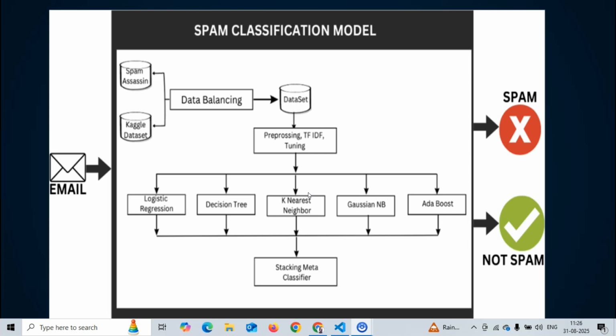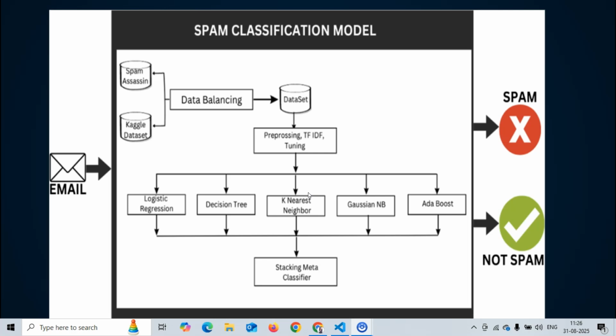Before jumping into the model, we need to first understand the problem statement. We need to understand which type of model we'll be using and which type of learning this is. The problem statement is that we usually get a number of emails in our Gmail accounts, right? There are so many emails you might receive. You might receive important emails, and you might receive spam emails like win money now, subscribe here, you will be winning a lottery, claim your prize, and all those unnecessary things, which are basically the spam emails.